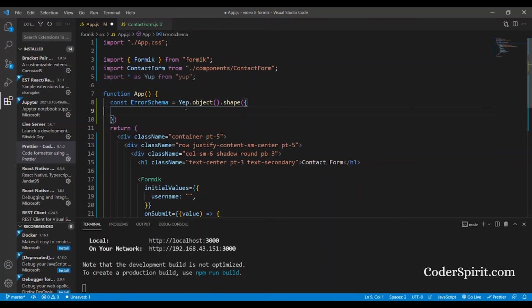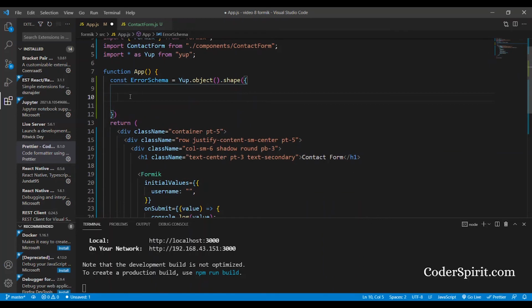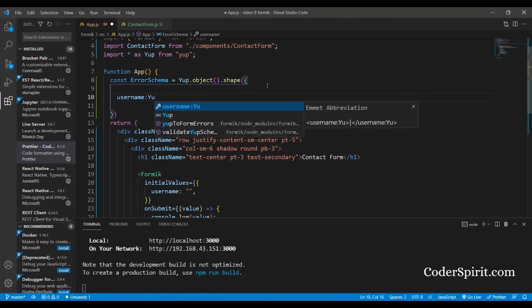Actually I made a typo. This is not YAP, it's YUP. Next step is to add validation for each field. Inside our shape function, we are going to add username, that is the name of our first field. As value, add